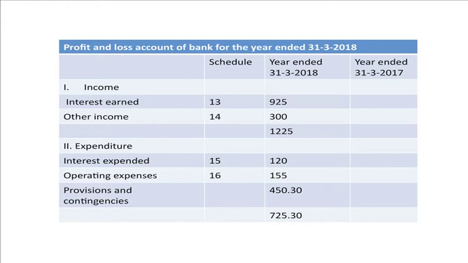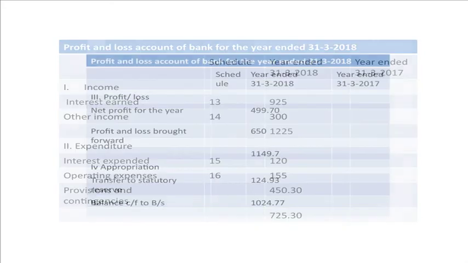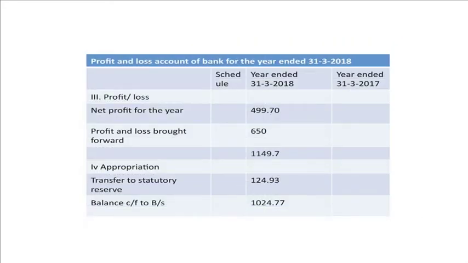Then we have provisions and contingencies. We have discussed it with our additional information that provision is being made on advances, on bills purchased and discounted, on cash credits, term loans, and we have aggregated them. It amounts to 450.30 and we have placed it over here, and the total of expenditure plus provision is 725.30. So, if we subtract 725.30 from 1225, we will ascertain the net profit. So, net profit for the year amounts to